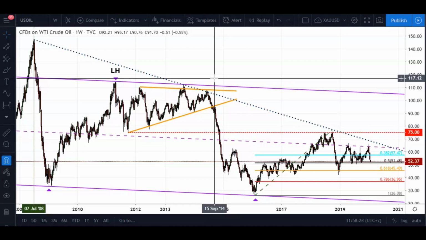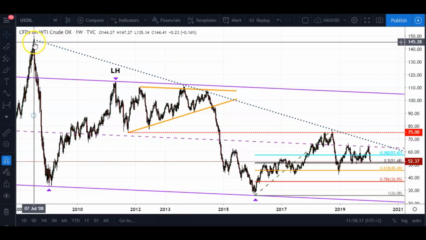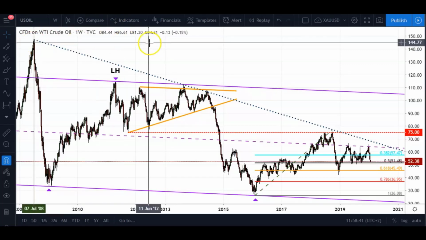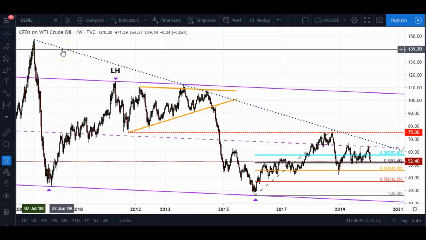Right, in front of you guys here I have the weekly chart open that displays the historical price action of crude oil going back all the way to this July high here in 2008, which reached, I believe, $147, nearly touching the $150 handle, after which we saw a massive decline unfold afterwards.